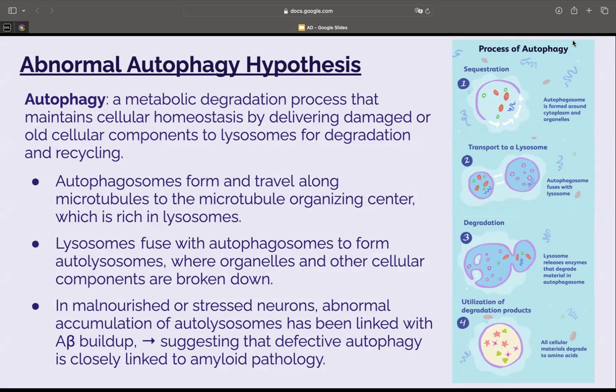And the autolysosomes are where organelles and other cellular components are broken down. In malnourished or stressed neurons, there is an abnormal accumulation of autolysosomes, and that has been linked with amyloid beta buildup, which suggests that defective autophagy is closely linked to amyloid pathology. This is another one where the paper did not go into much detail and said that it's still developing, but in general,